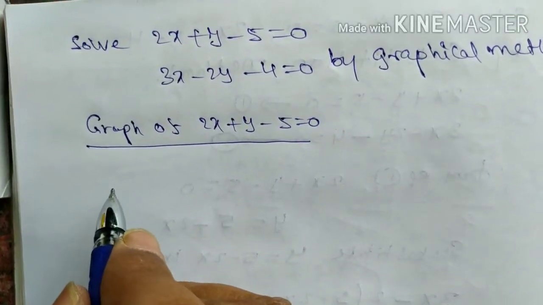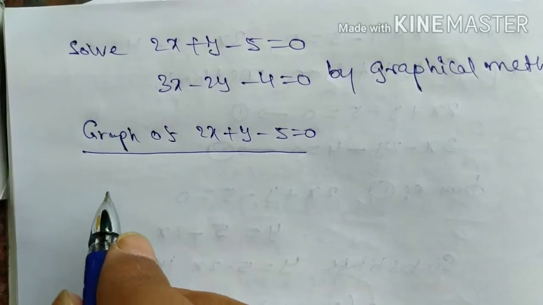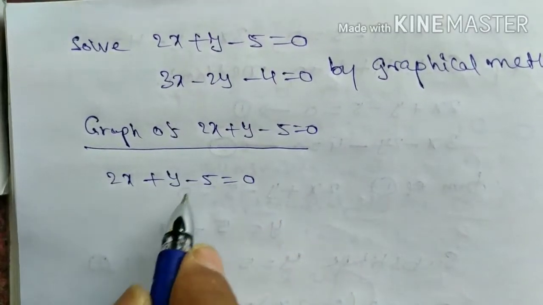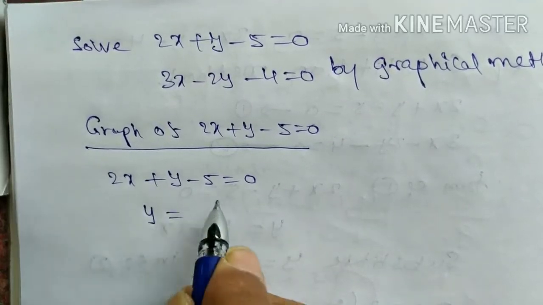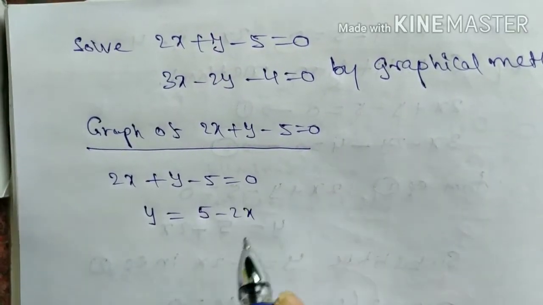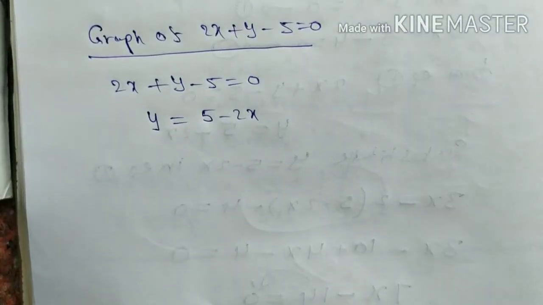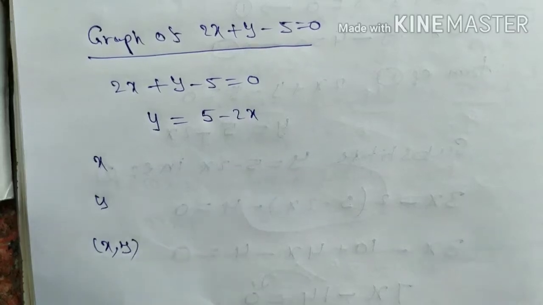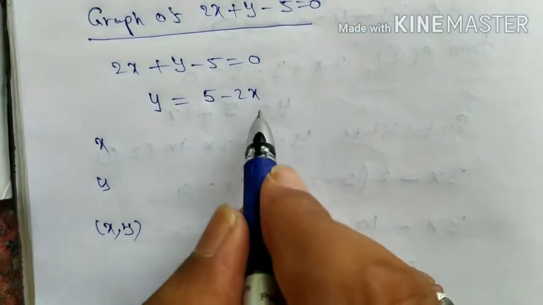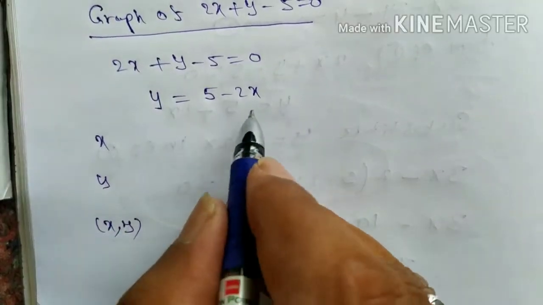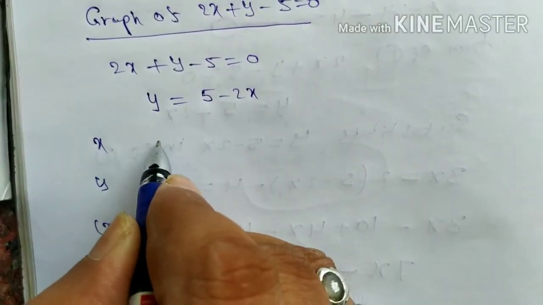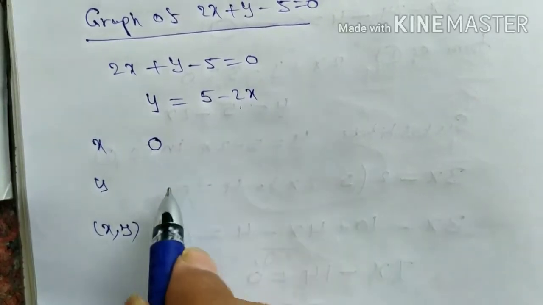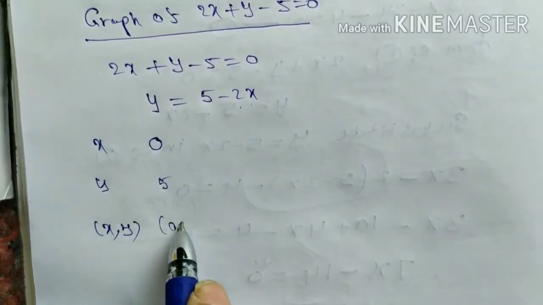So from the equation any one taken as subject, either x or y. So first 2x plus y minus 5 is equal to 0. So y is taken as subject, plus 5 minus 2x. So now take table x, y, x comma y. So you can take x value, will get y values. That is the solutions. First of all, x value, for suppose you can take 0. For suppose 2 into 0, 0. 5 minus 0, 5. So 0 comma 5.